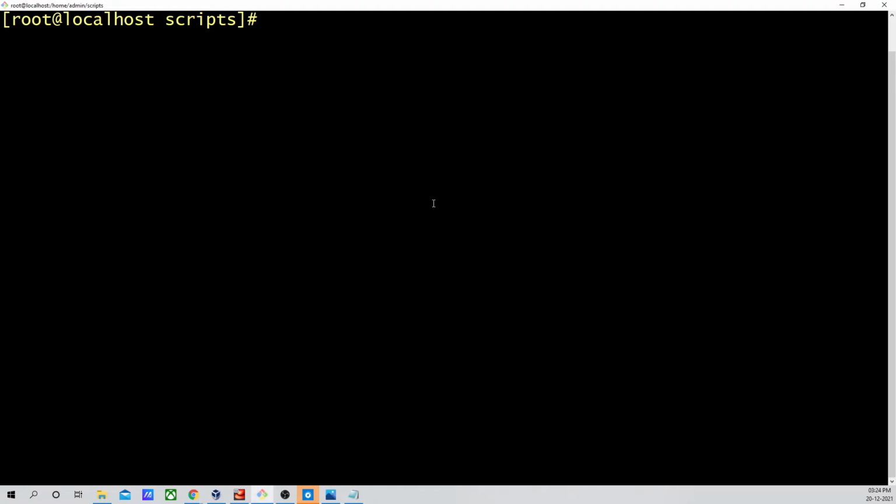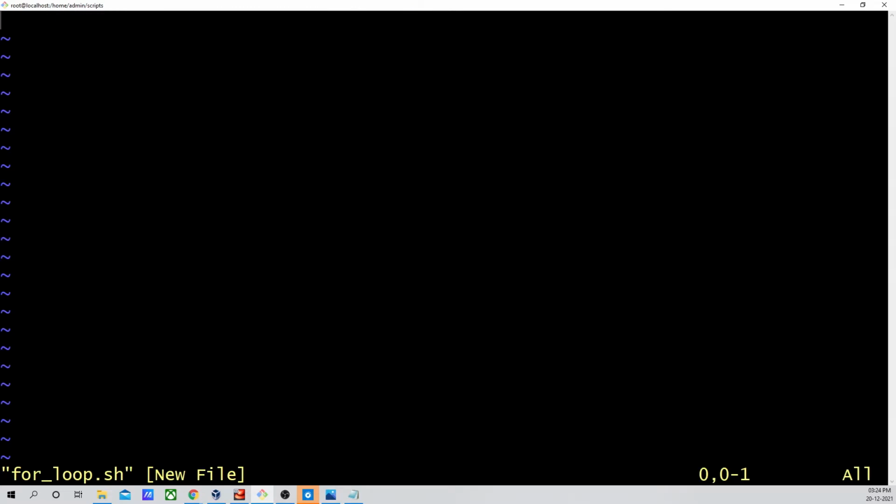So let's go to our terminal. Over here I will create a script named for_loop.sh. Insert shebang /bin/bash. Let's take the example of pets. I will define a list of pets over here: